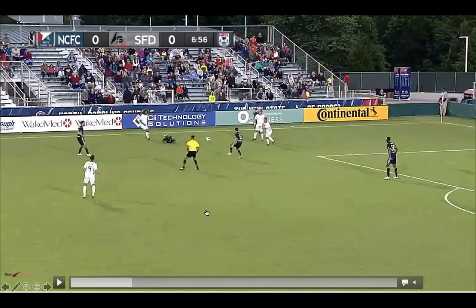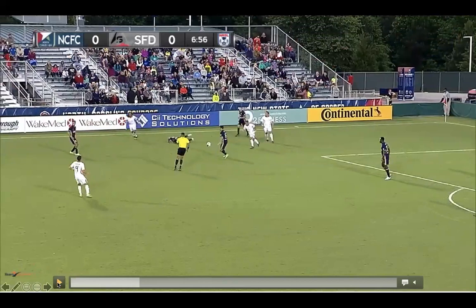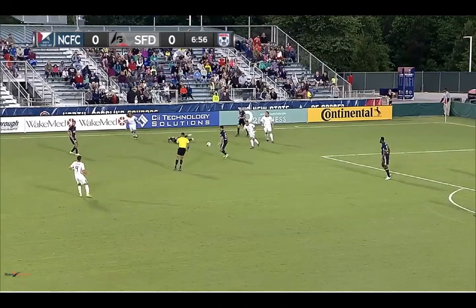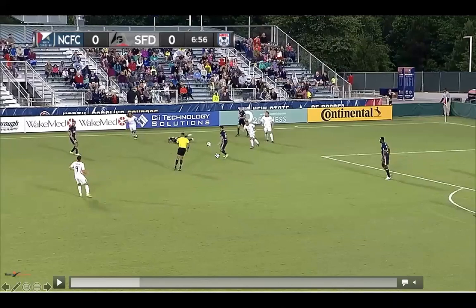Technically speaking, in this clip we're looking at, the moment right here is the moment for whether or not we call advantage. That player has been fouled. We have to decide if this player has an advantage. If we decide yes, he does, and we say advantage, it's done. And whatever he does with the ball now is his problem.